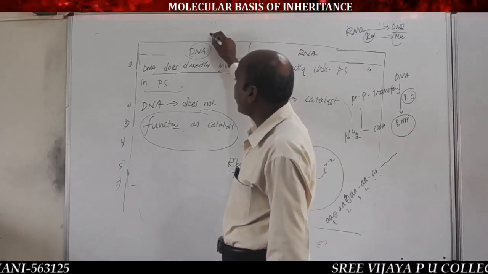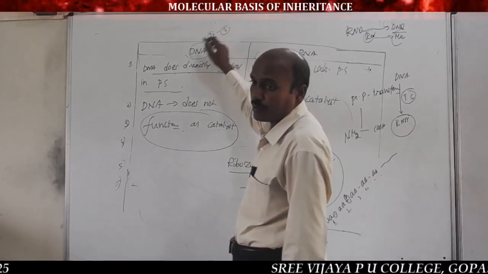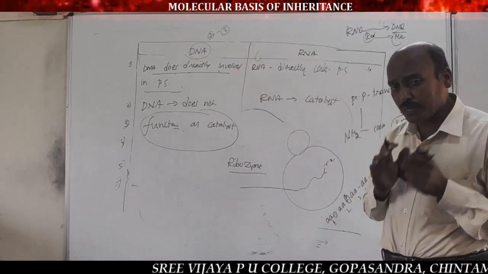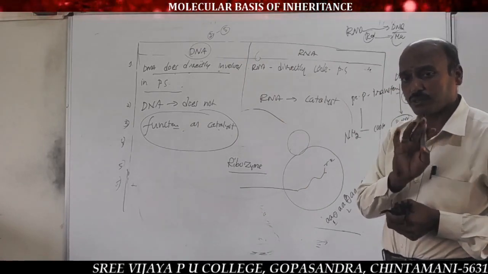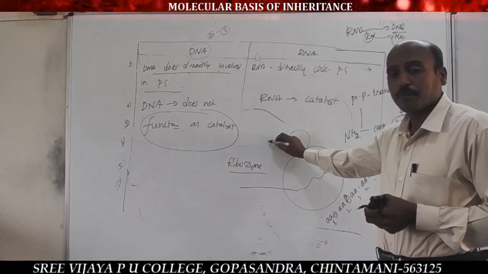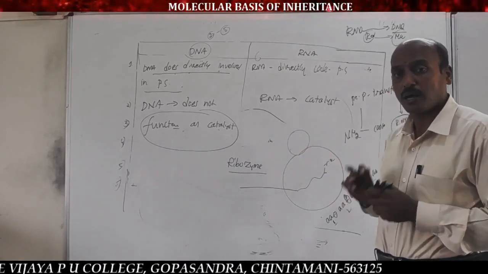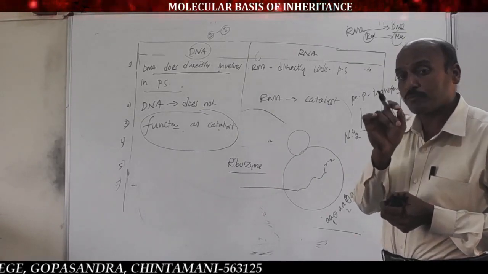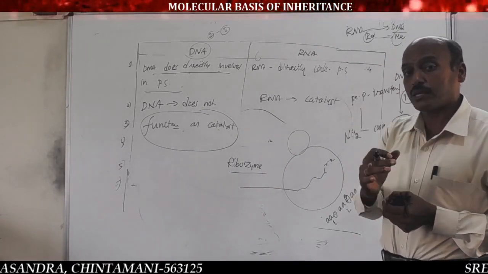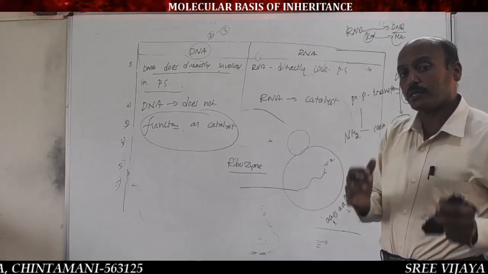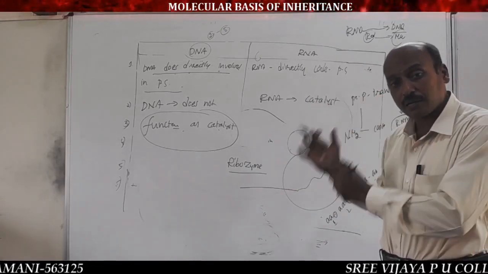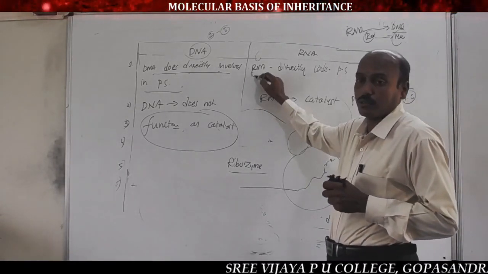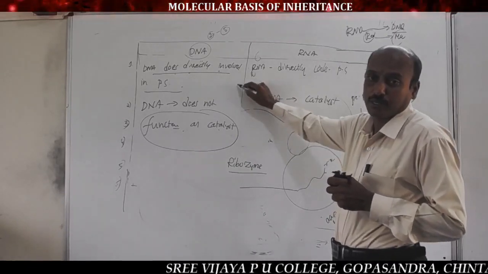RNA is important for a 2 mark question or sometimes a 5 mark question. For a 2 mark question, you must write a minimum of 4 differences. Each difference carries 0.25 mark, a quarter mark. Or for a 5 mark question, generally the number of differences will be given within the question: mention 5 differences between DNA and RNA. On such a question, each difference will carry 1 mark. Expected question: differences between DNA and RNA.